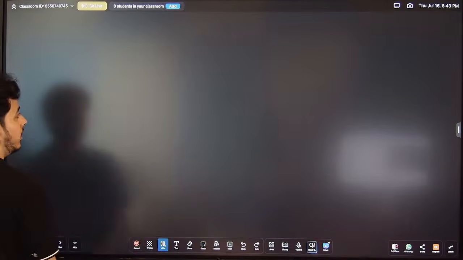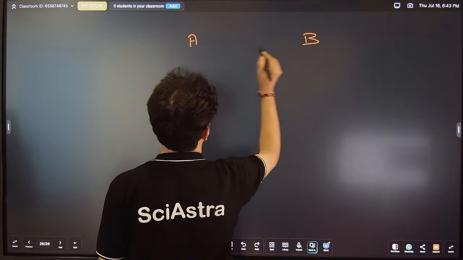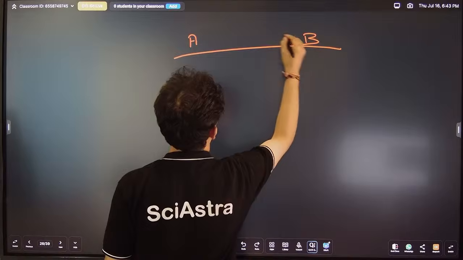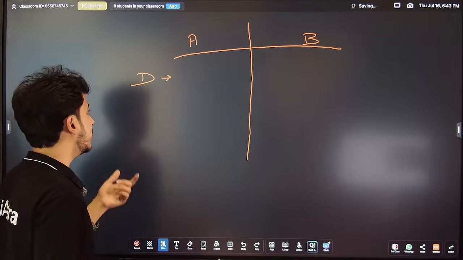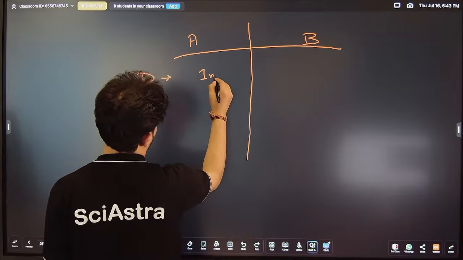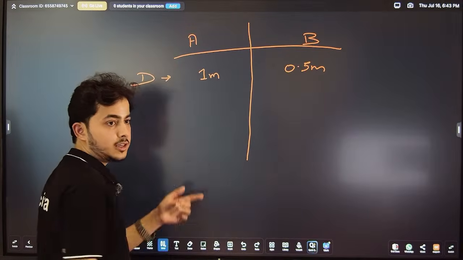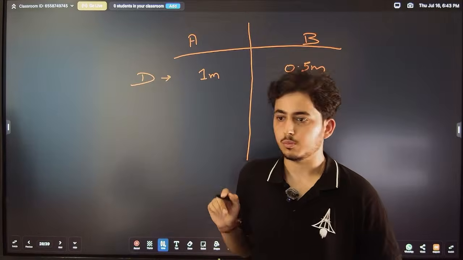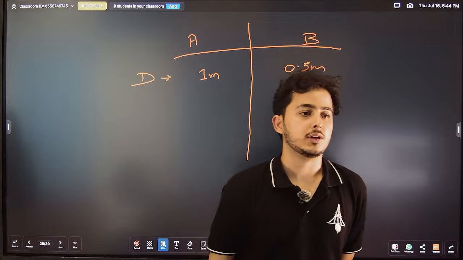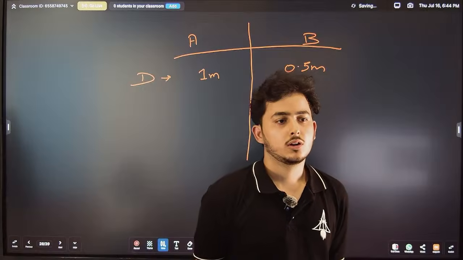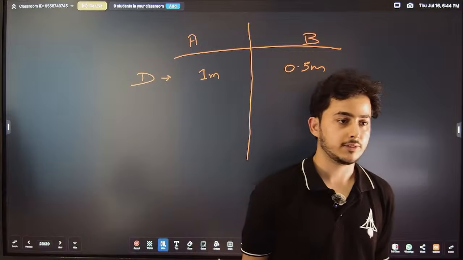So let's say there are two microscopes, one is A, another one is B. For this microscope, I am saying that the limit of resolution value, let's say, is 1 meter. Then for the other, the limit of resolution is 0.5 meter. So you guys comment down which is a better microscope, one which has a limit of resolution as 1 meter, or the one which has a limit of resolution as 0.5 meters. So if glycerine or any dye is poured, should we take the refractive index of that medium? Correct, that refractive index will be taken.